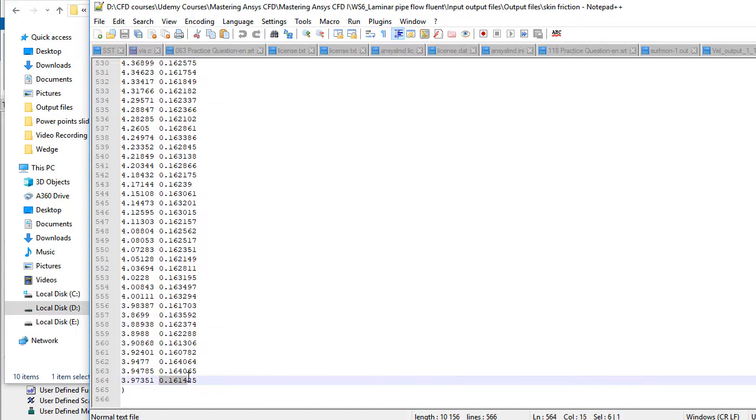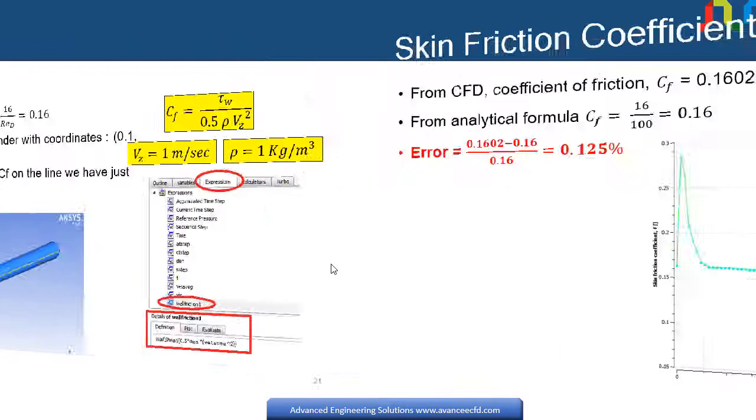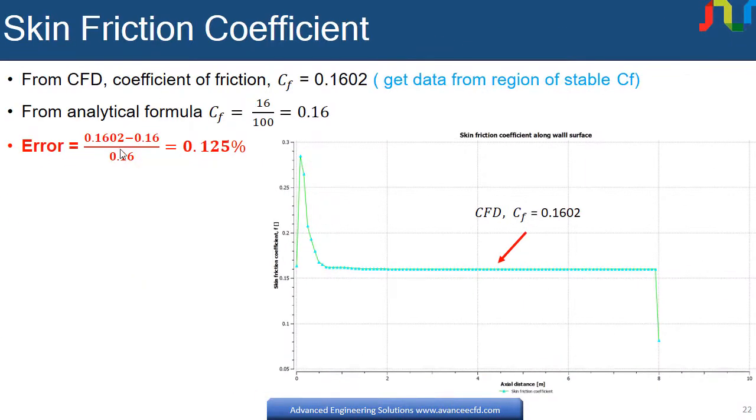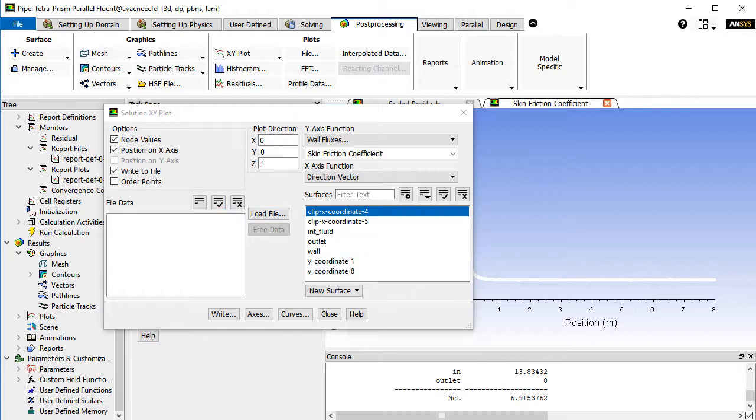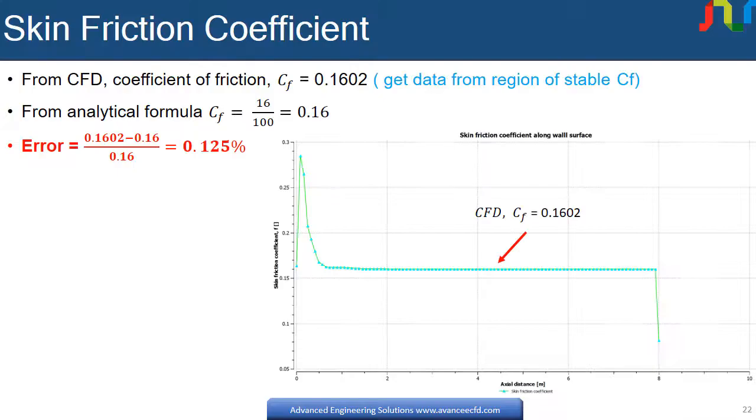The value is 0.1614, and the value we got in CFX from the hexa meshing was 0.1602, and here the value is coming out to be 0.161. So there is very little difference here also. If you get the hexa meshing results, you will see that the value will be very much comparable with the CFX results, because this is more about the mesh than the solver.